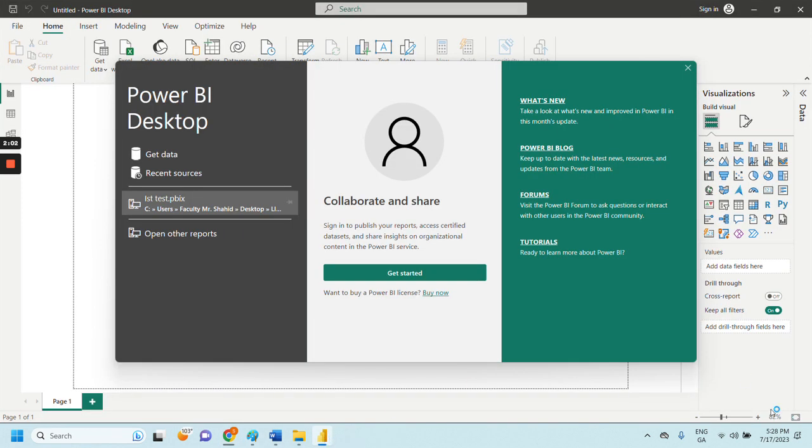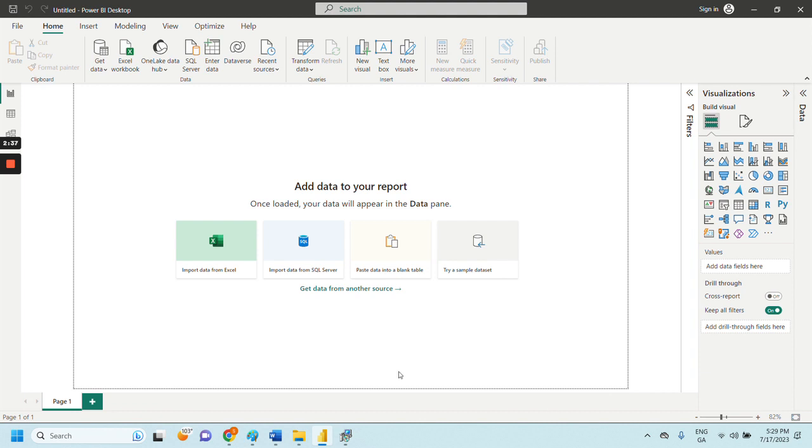So this is the very first interface of Power BI that you will be able to see, and it will show up on the screen. On the right-hand side you can see the very first interface. You can just close this one, but it's giving you some information, and this pop-up window will appear from time to time, every 2-3 usages, because it's giving you information about what's new, the Power BI blog, the forums, more tutorial videos, and you can click on Get Started, or you can just click on the cross button,